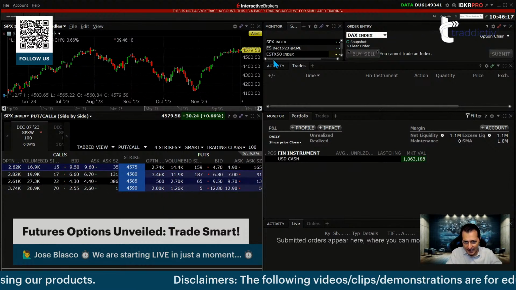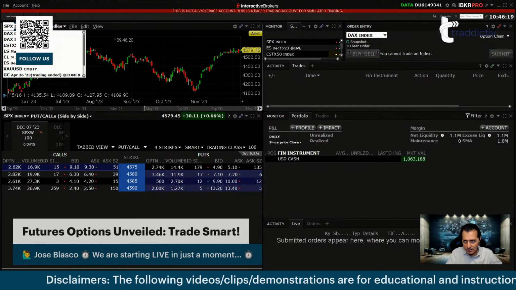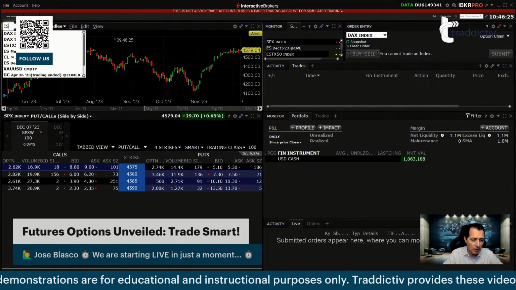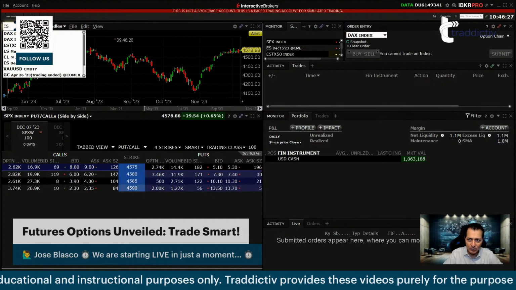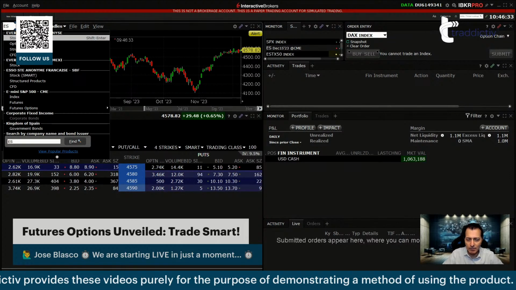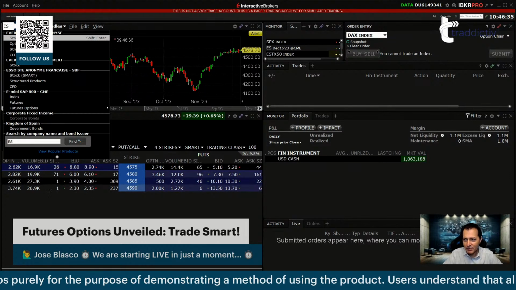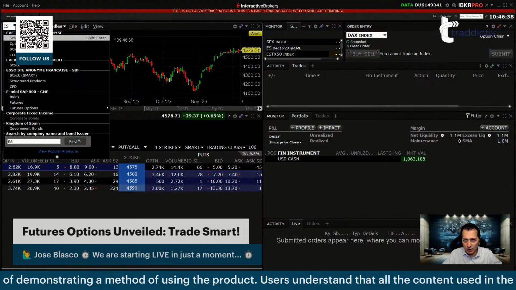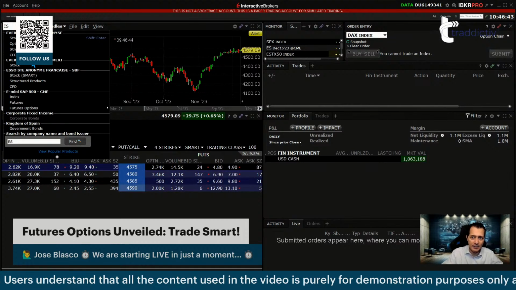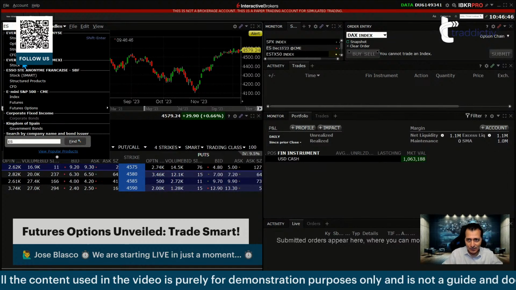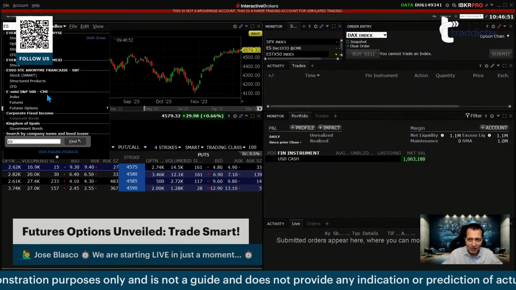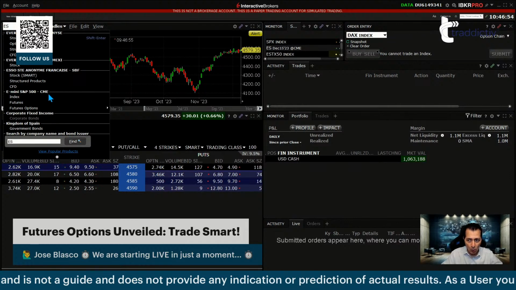So what do we have? Well, let's type here ES, which is the root symbol for S&P 500 futures out of the CME. When I do that, and I'm using TWS, the platform provided by Interactive Brokers, notice that it gives you a menu with so many choices, because there are many things in the marketplaces globally that start with ES. It could be Eversource Energy in the Mexican exchange, or it could be the E-mini S&P 500 out of the CME.